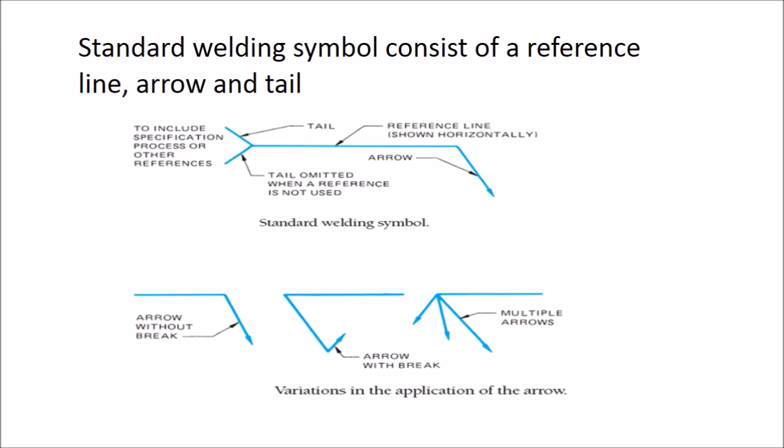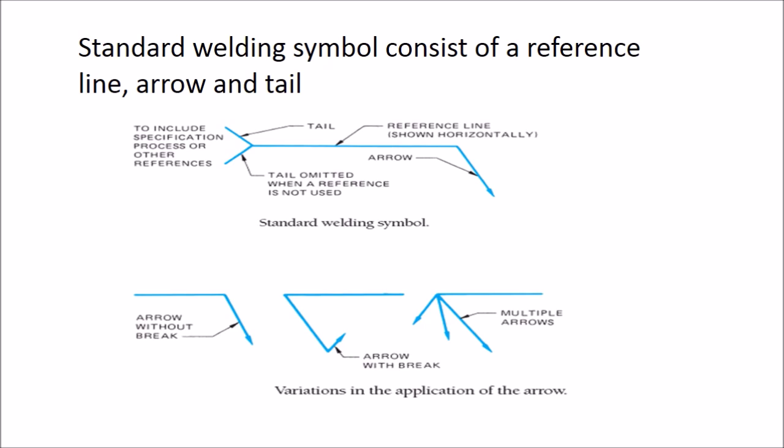Weld symbol, on the other hand, refers to the symbol for a specific type of weld. The weld symbol is only part of the total information that may be contained in a welding symbol. The arrow of a welding symbol may be shown with or without a break. When shown with a break, the break is made toward the member of the joint that is to be prepared